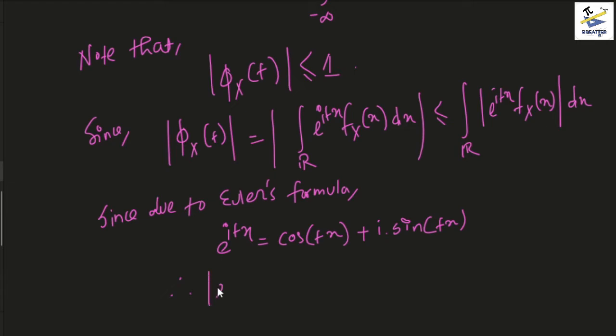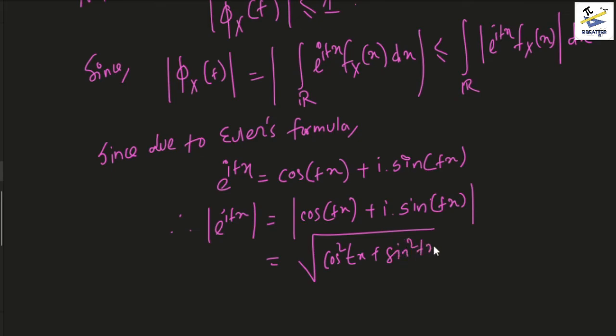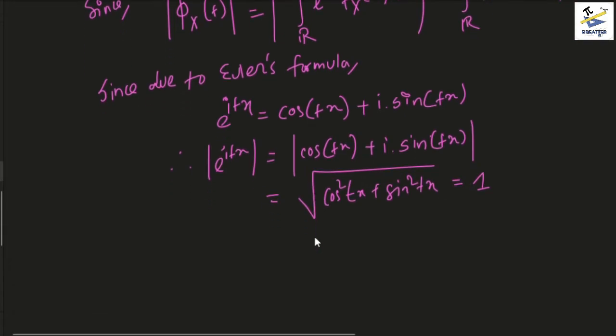Therefore, mod of e to the power itx is simply mod of cos tx plus i sin tx. This in turn evaluates to root over cos squared tx plus sine squared tx, which is just 1, right? And since this happened, we can say that